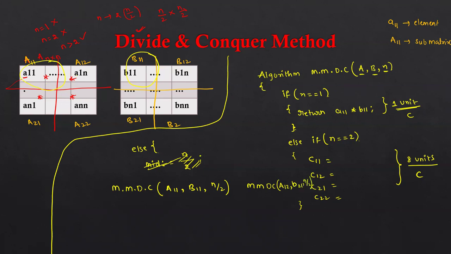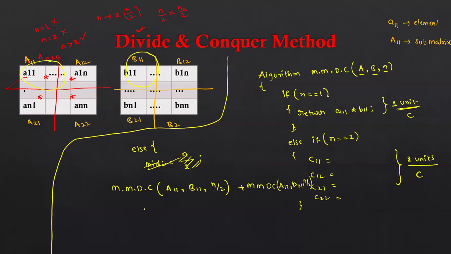So this is a matrix and this is a matrix. These both are going to perform an addition operation. Next, matrix multiplication of divide and conquer approach. What is next? How can I get the C12 submatrix? C12 is nothing but this place. To get this place,